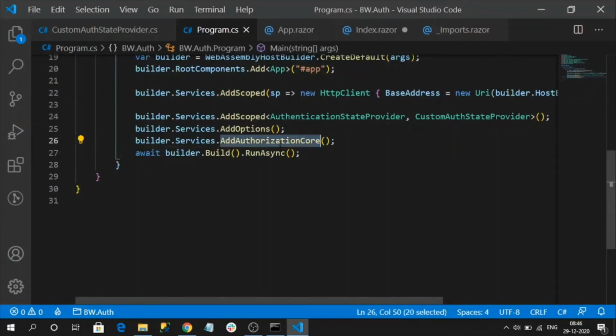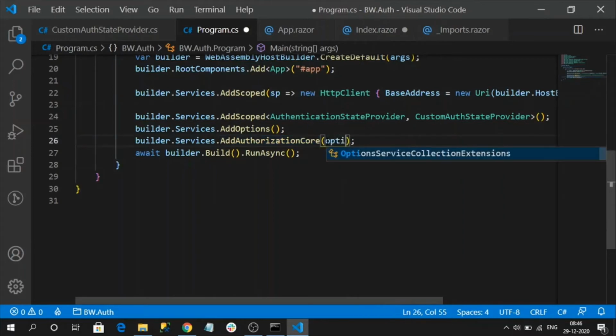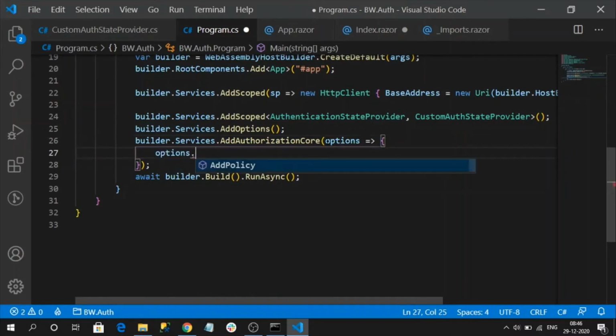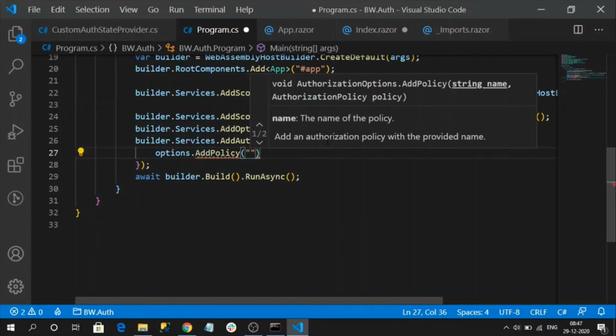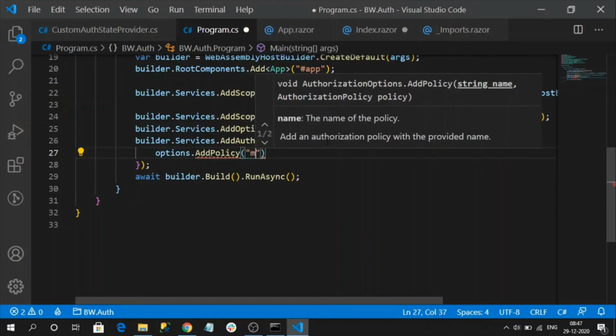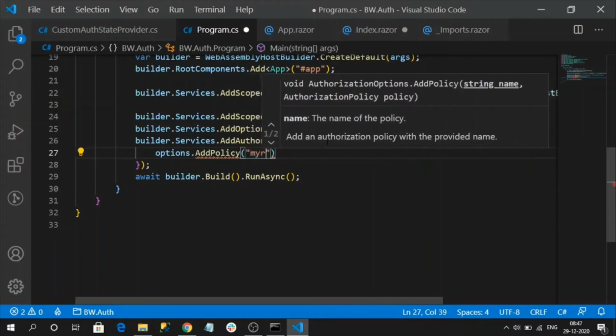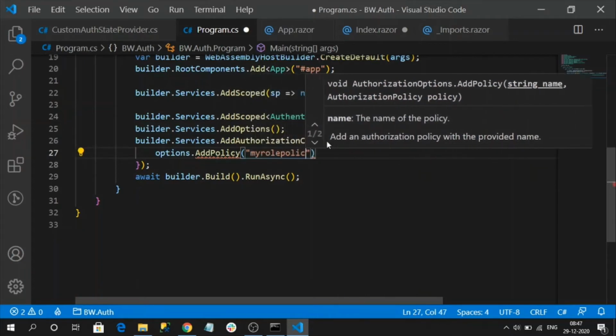In the AddAuthorizationCore extension method, you can create options, like options.AddPolicy. Here I am going to name my policy, my role policy.